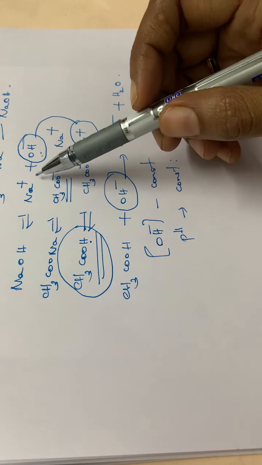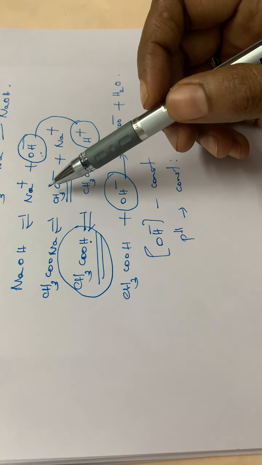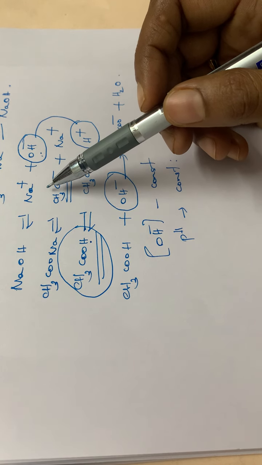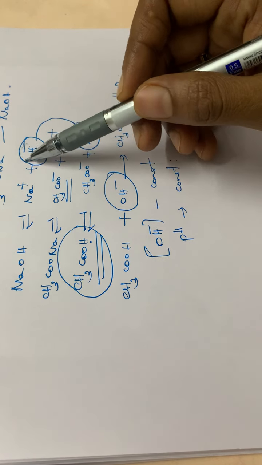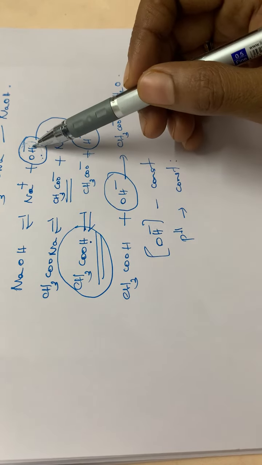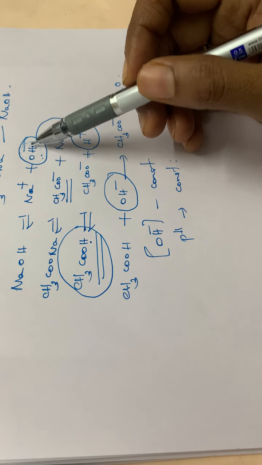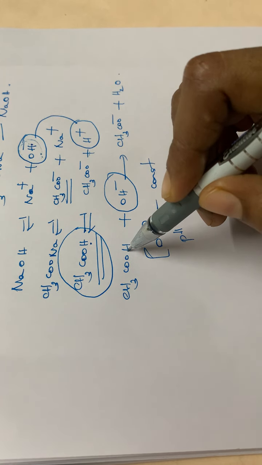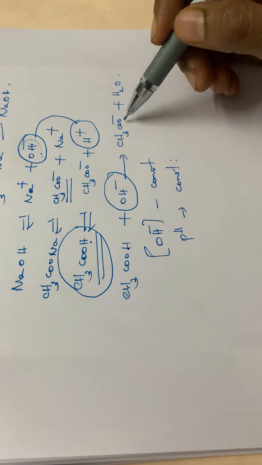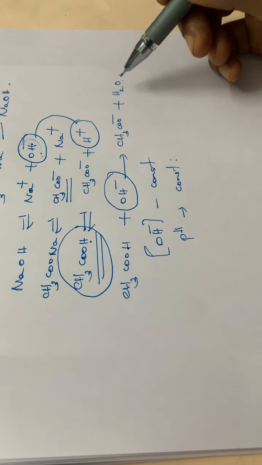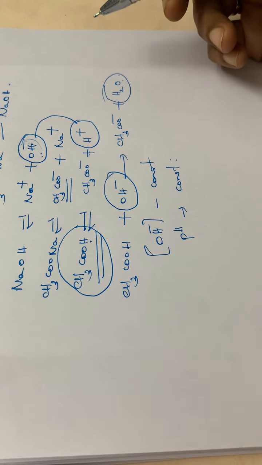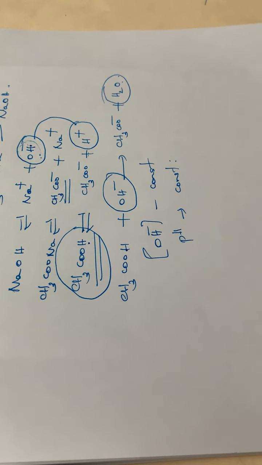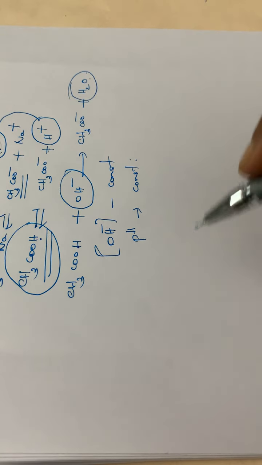So when a strong base is added to this buffer solution, what happens? The OH minus furnished by the strong base, the OH minus, it is from the strong base, isn't it? This OH minus is removed by this acetic acid. Okay, it will be combining like this, CH3COO minus plus H2O. It will be removed as water. So this is the first case, that is the buffer action of an acidic buffer.